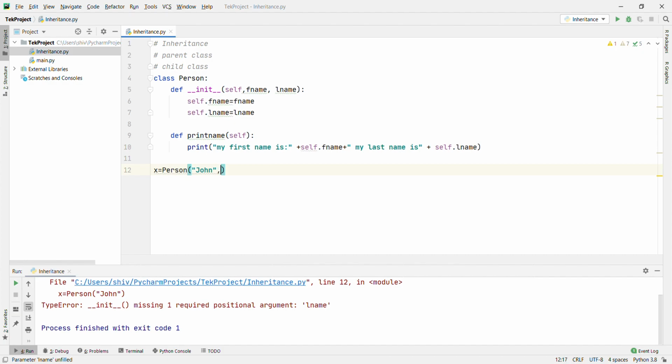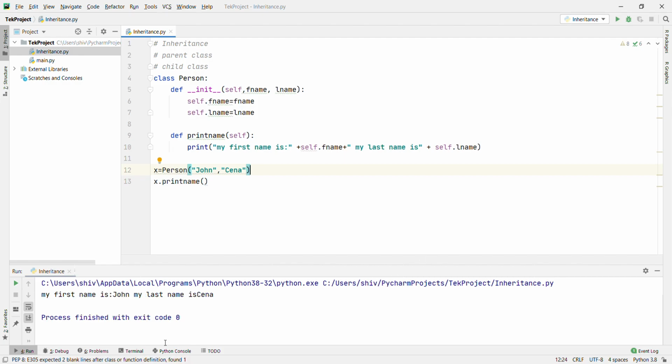We have to pass two parameters, John Cena. Now I call the print_name method, x.print_name. Let's run it. My first name is John, my last name is Cena. If you give a space here also, it will have better readability. This is clear now.